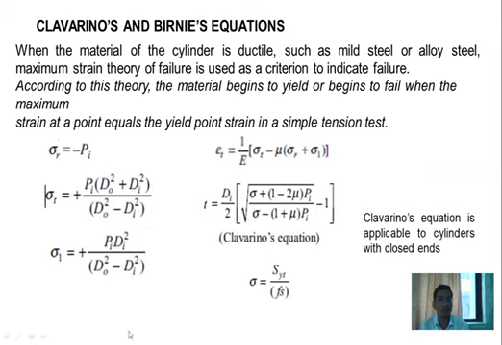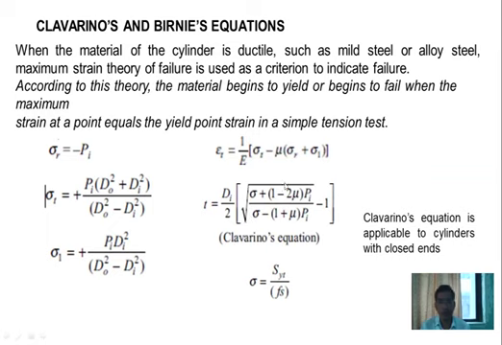Again here we are considering the three stresses: radial stress, tangential stress, and longitudinal stress. The formulas are the same as in the previous case, but here strain is calculated as 1 upon E into sigma t minus mu into sigma r plus sigma L. Then thickness is calculated by using this formula: di by 2 into the bracket square root of (sigma plus (1 minus 2 mu) pi) divided by (sigma minus (1 plus mu) pi) minus 1. This equation is known as the Clarineus equation. By using this, we can calculate the thickness